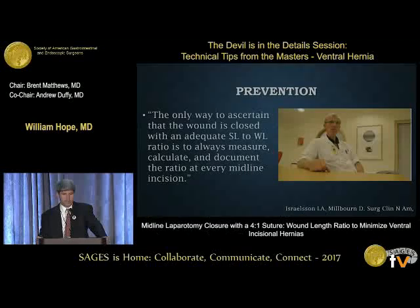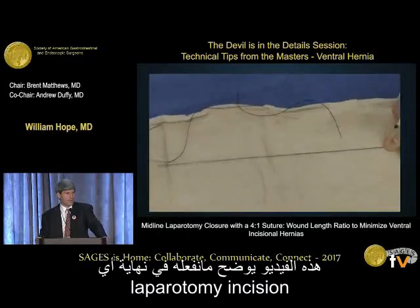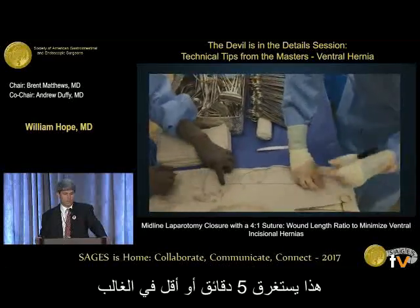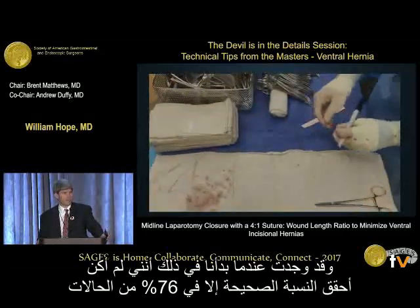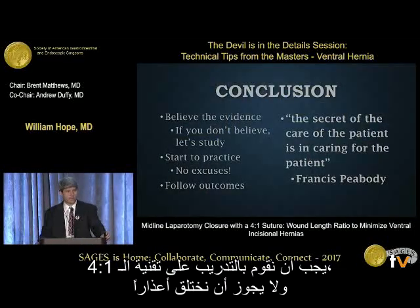And so I'll end with this video here, and this is kind of a boring way to end, but this is what we do at the end of our laparotomy incision. It takes about 5 minutes to do, probably less than that. We found in our first 100, when I audited this, only 76% of the time was I closing with a 4:1 ratio. And we need to start practicing the 4:1 and the small bite technique. There shouldn't be any more excuses, and I think we need to follow our outcomes and then